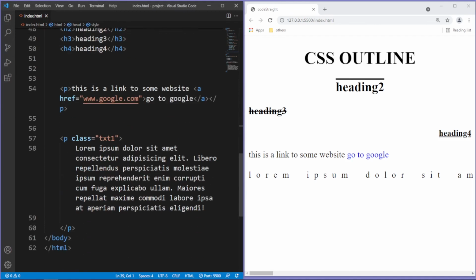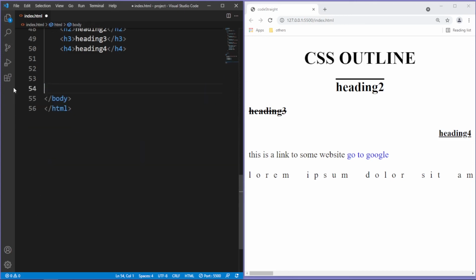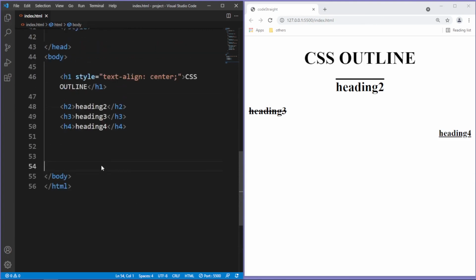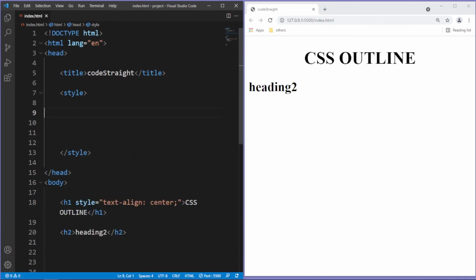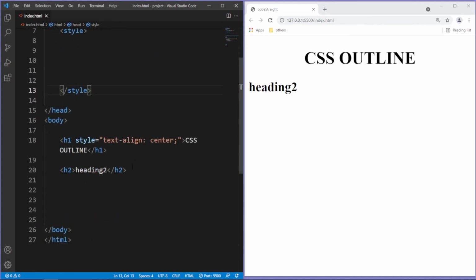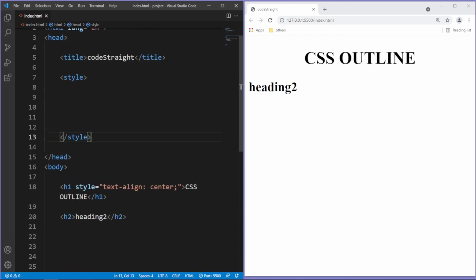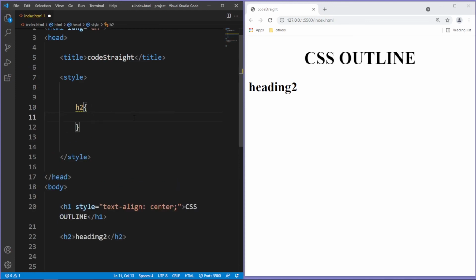Now I'm gonna undo this, or let's say I'm gonna delete all of these paragraphs for now. Save, and I'm also gonna delete these headings for now. Let's delete all of these stylings for now. Now you can also add a shadow to your text with the text-shadow. Let's go back to your style tag, and I'm gonna give a reference of our heading 2 followed by curly braces, and type in here